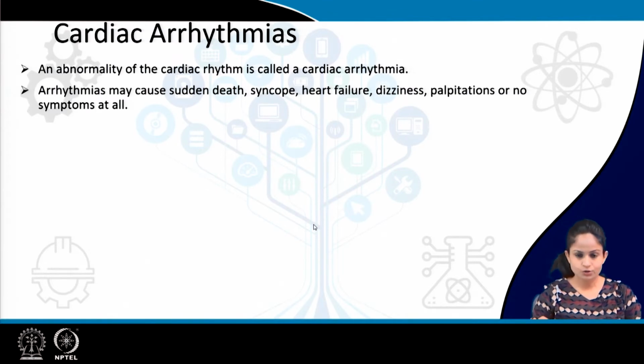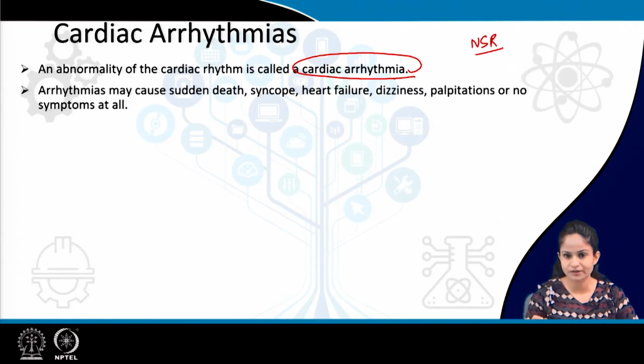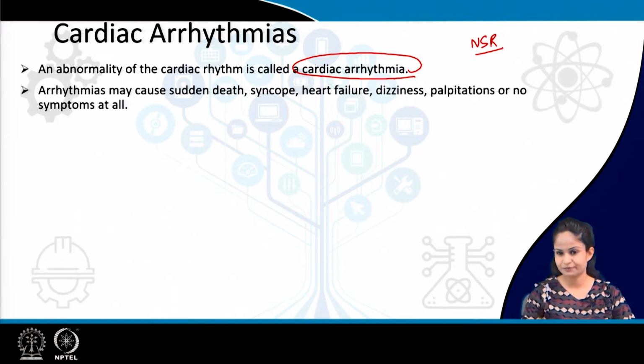So what do you understand by cardiac arrhythmias? Any abnormality of the cardiac rhythm is known as cardiac arrhythmia. We have the normal sinus rhythm. As far as we know, it should have a particular heart rate, it should beat within 60 to 100 beats per minute, and it should have a certain conduction velocity and conduction pathway. Beyond this, if anything happens, that is cardiac arrhythmias. Cardiac arrhythmias can present with palpitations, a feeling of anxiety, syncope, hypotension, and sometimes with